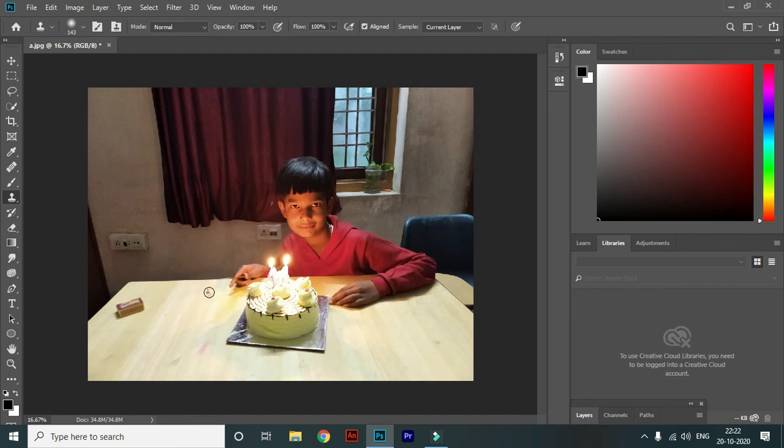You can see that this clone is making the particular object, yes, you can see that like that. Okay, so this is a candle like that. Yes, you will see that using the clone tool we can make a clone of any object from our image.